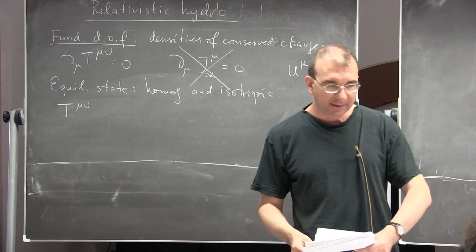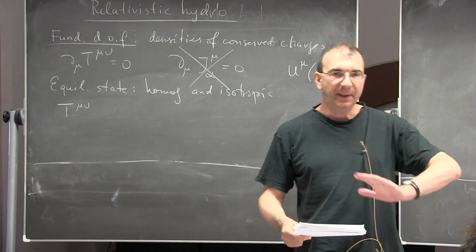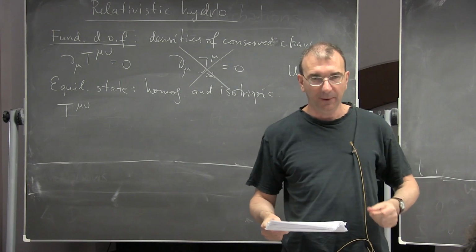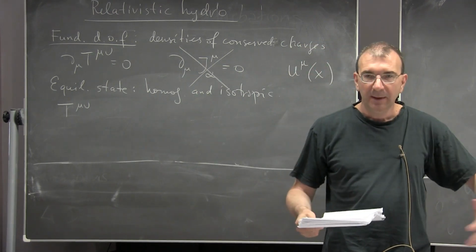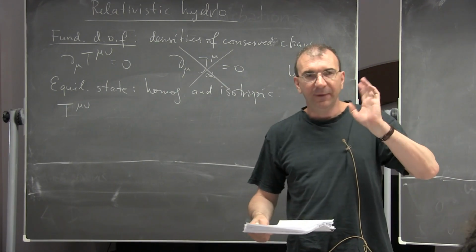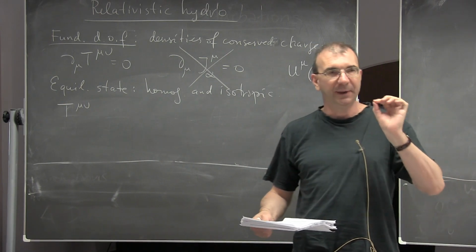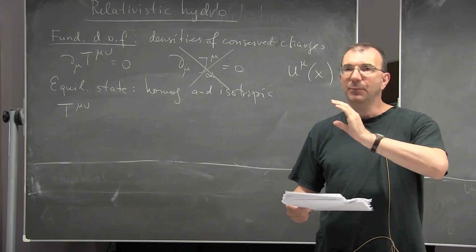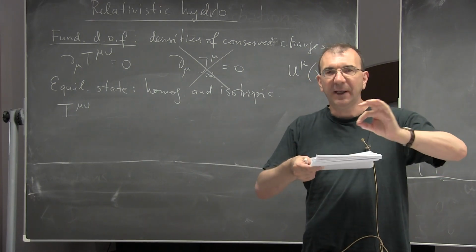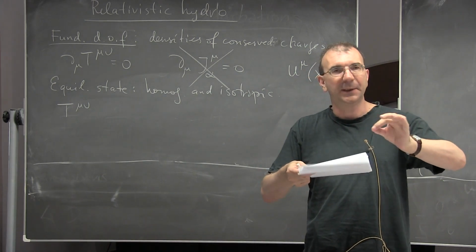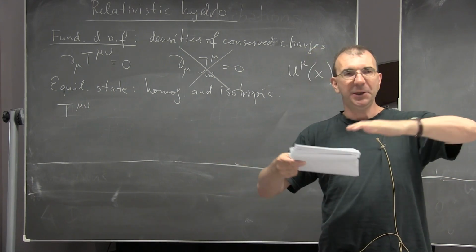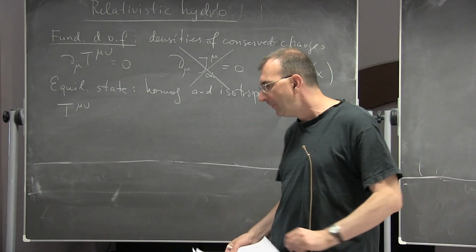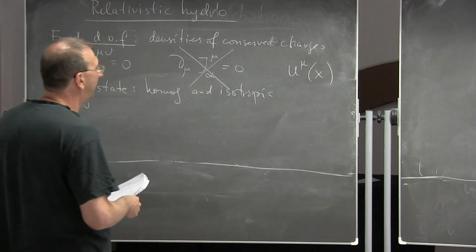So now u mu is a function of x, but we just stepped a little bit out of equilibrium. So the dependence of u mu on x is such that derivatives, the gradients of velocities, are not very large. All right, so this requires more detailed discussion of what exactly is assumed, but kind of intuitively we understand that we don't want our u mu to change on the scales which are comparable with interatomic distances, right? So it may change, but it may change on a scale which is much larger than, for example, distance between molecules in your liquid, things like that. Okay, but we will try to make it more precise later on.